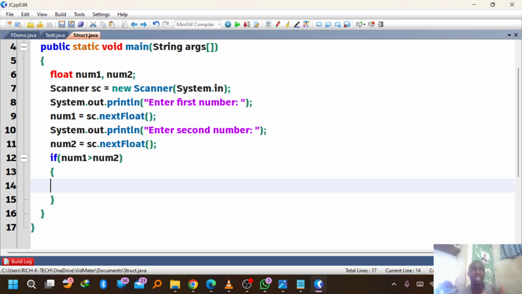Maybe someone can say, if the condition is true, give a discount, like you saw in the other example, in the other coursework that we were doing with the lecturer assignments. So let's provide the print statement. If that condition is true, that means if num1 is greater than num2, or if the first number is greater than the second number, we shall display